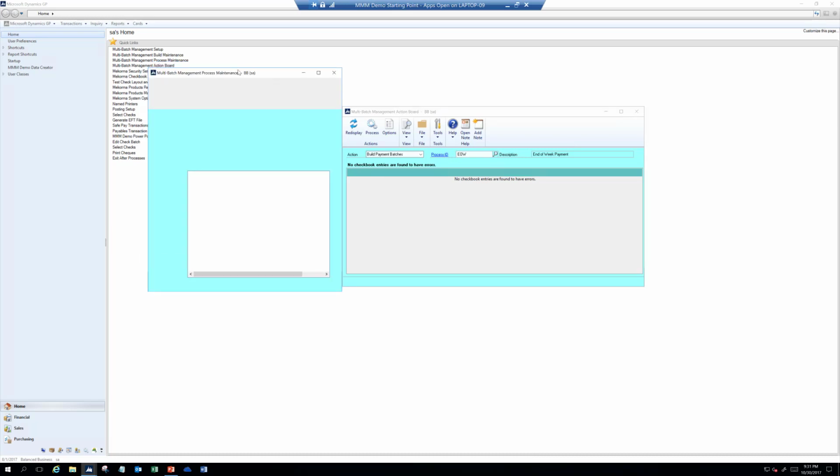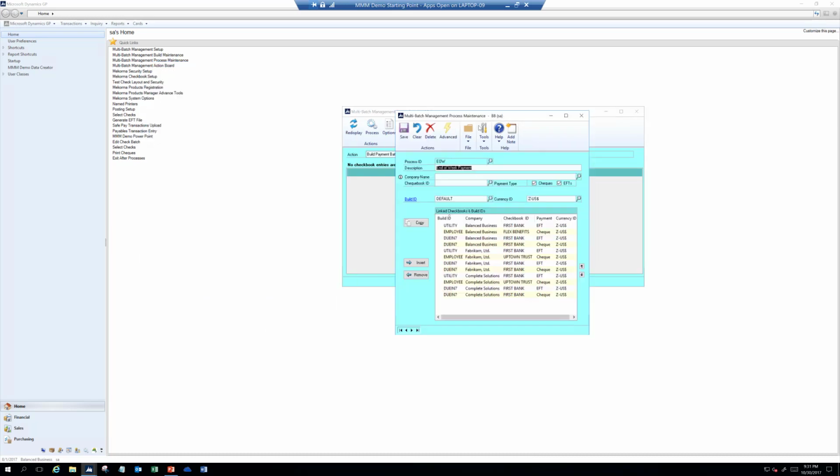So process ID is made up of the various build IDs, which are the criteria I use, applied to checkbooks in companies for a payment type. So I've used the utility build ID 3 times here. I've applied it to the first bank checkbook in 3 different companies for EFTs because I pay my utilities by